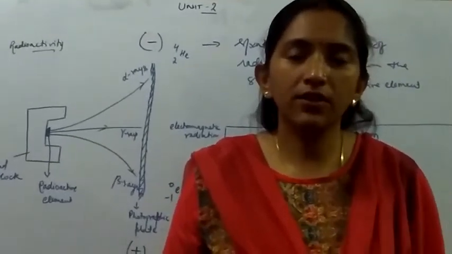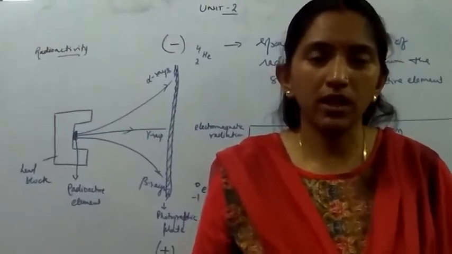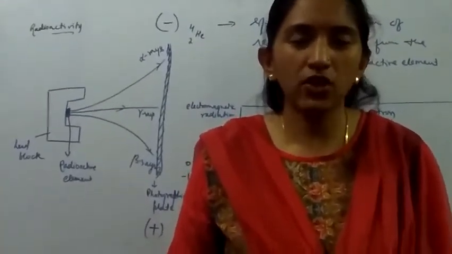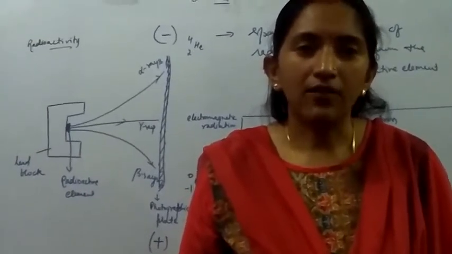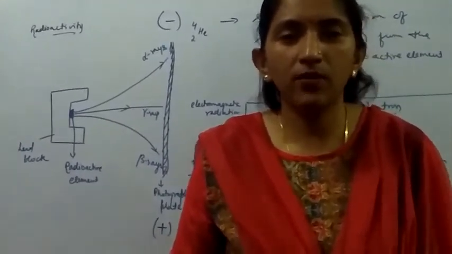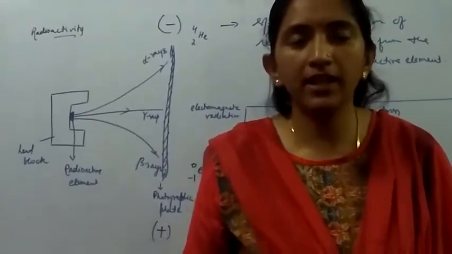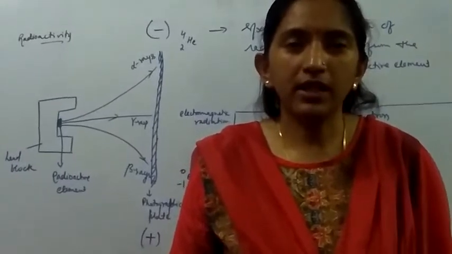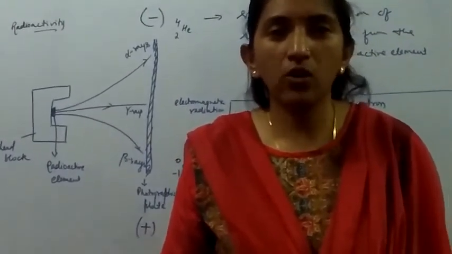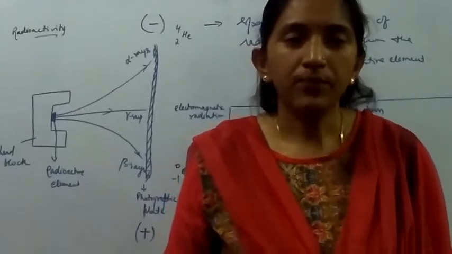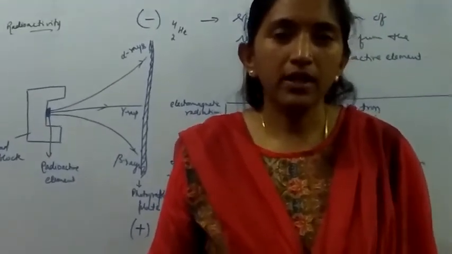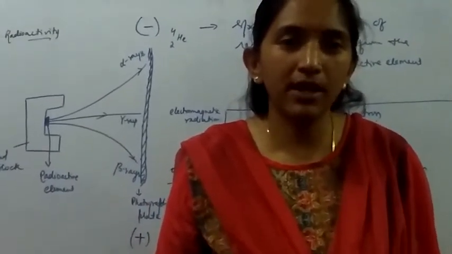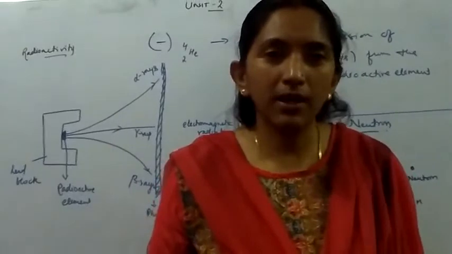Students, after the discovery of radioactivity, it was clear that the atom consists of subatomic particles, and these were electrons and protons, right? After this discovery, Chadwick performed a number of scattering experiments by taking alpha rays and striking them on elements. He found that there must be some other particle also, along with the electron and proton, in an atom. So what he did was pass fast moving alpha particles and make them bombard the beryllium element, right?